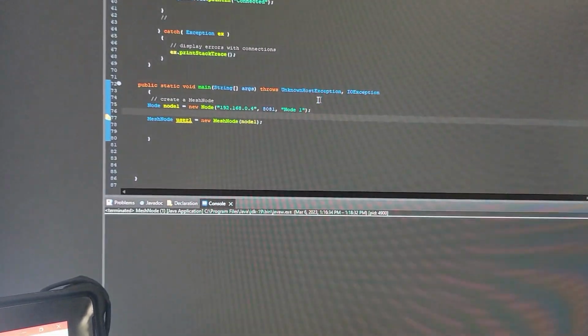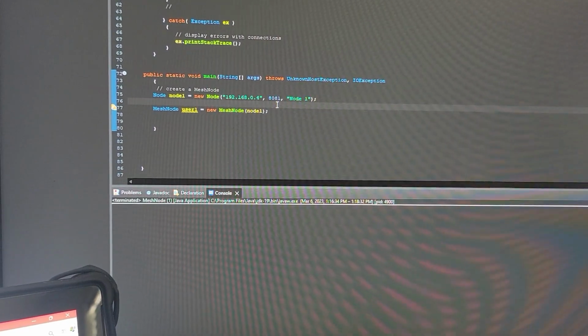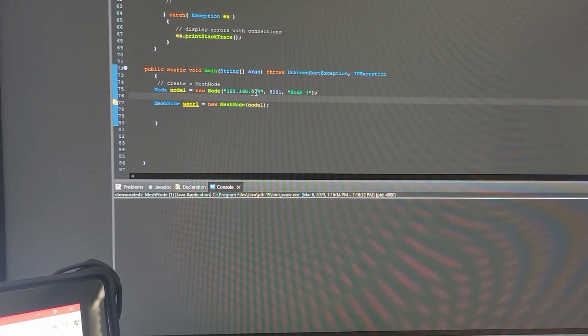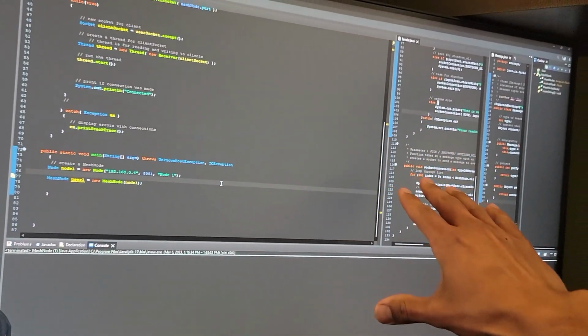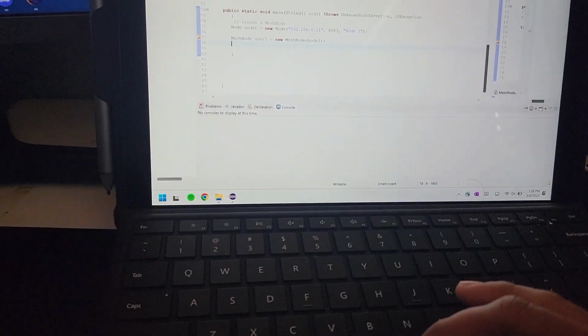And over here, I'm going to run another node with this computer's IP address on port 8081 and call it node 1, and then I'll create one right after this called node 2, so we'll have two nodes running on the same computer and one node running on a different computer. So we'll begin by just running each